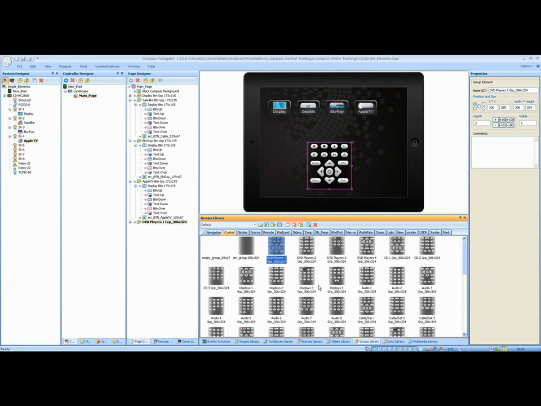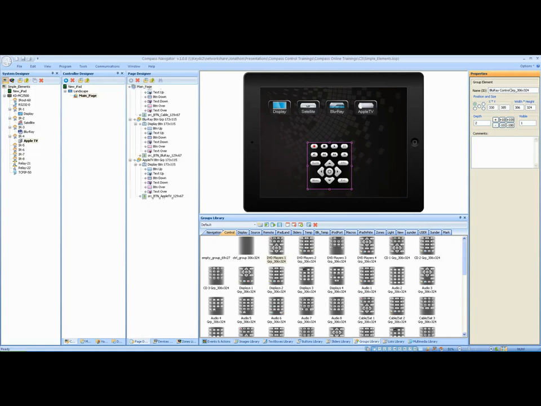And so what we're actually going to do here, we're going to take the DVD player group. In fact, now's a good time to label it, give it the name we'd like to give it that is specific to our project. Blu-ray control group, for example. And we will take